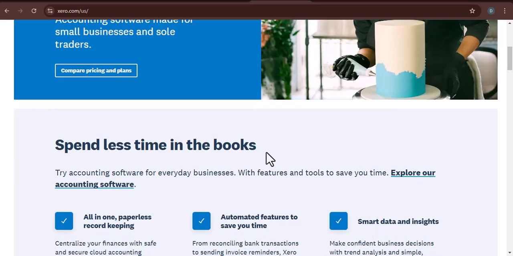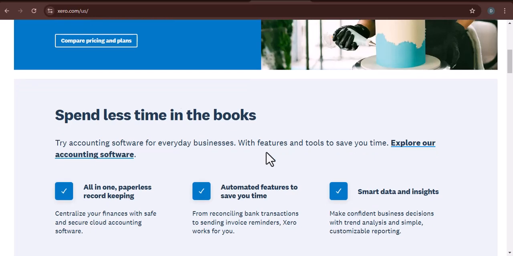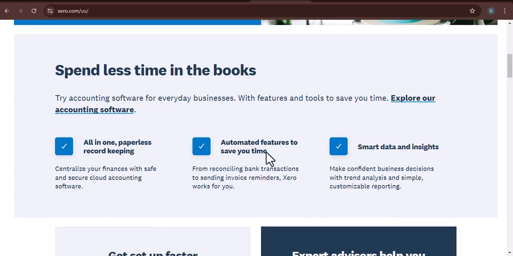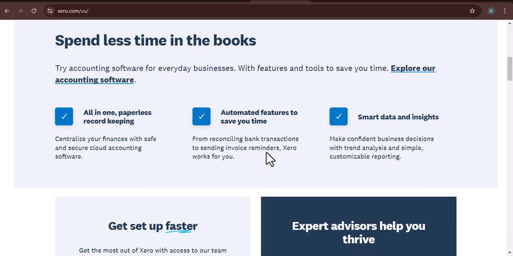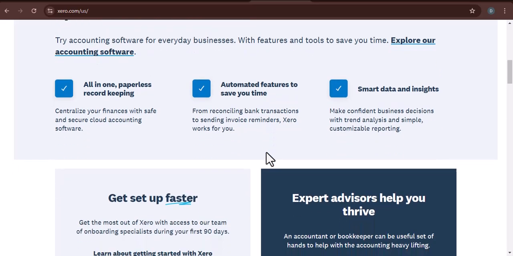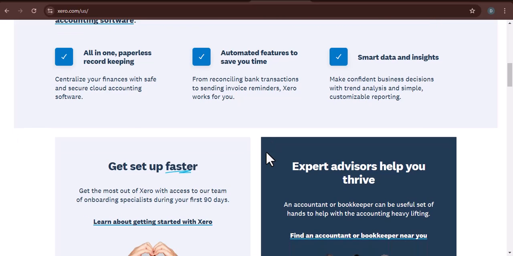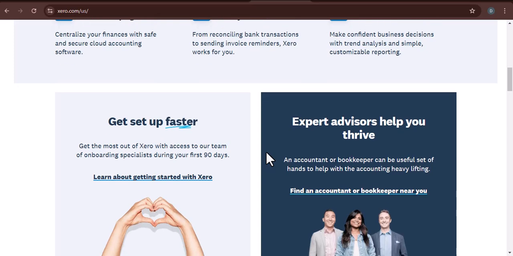So, if you've ever asked, who can approve bills in Xero? You're in the right place. In this video, we're going to break down everything you need to know about Xero bill approvals. We'll explore the different user roles, the permissions associated with each, and walk you through how to set up and manage bill approvals effectively. By the end, you'll be a Xero bill approval pro, ensuring your business's financial processes run